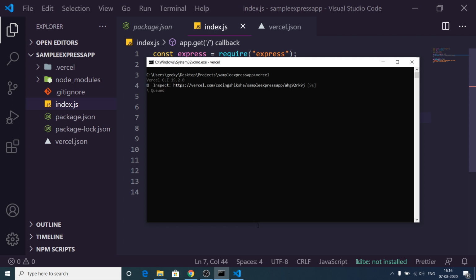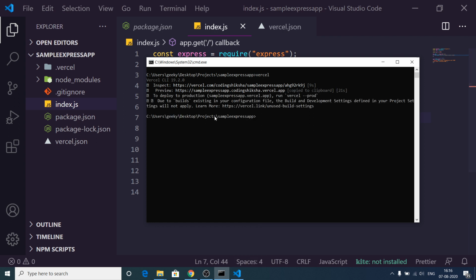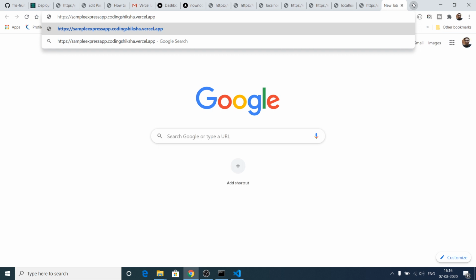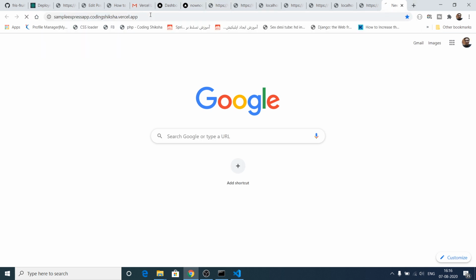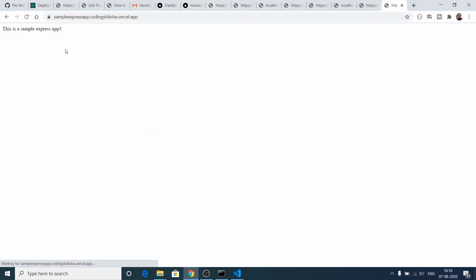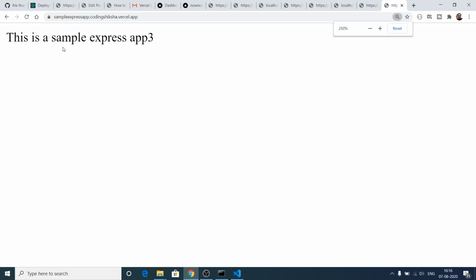It will not deploy it on production; the production command is different. Let me just tell you the production command later on. So it is building out the project here, so just wait. It has automatically copied the preview URL. So preview URL will be different from the production URL. So let me paste it. You can see that this is a preview URL. So you will see it has detected the changes and it is showing you the preview.